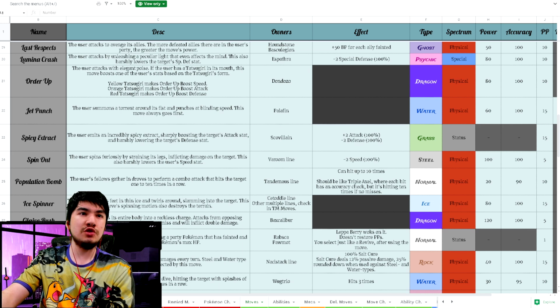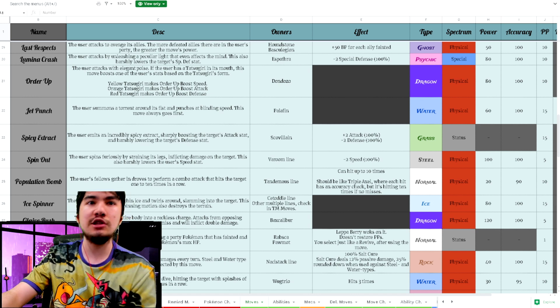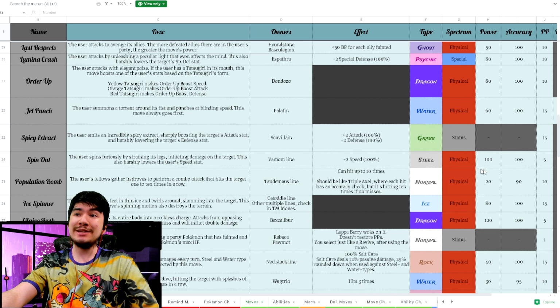We have Spin Out. The user spins ferociously by springing his legs, inflicting damage on a target. This also harshly lowers the user's speed. It's a base 100, 100 accuracy move, but it gives